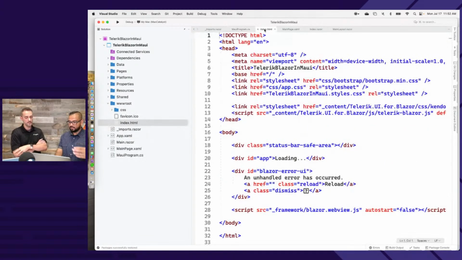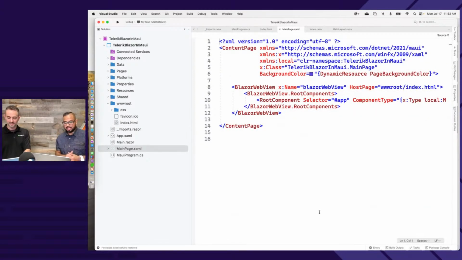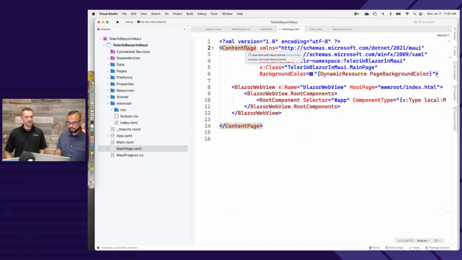In your index.html, in your Blazor application, this is the pretty standard stuff. You bring in some CSS, which is what is needed for styling our apps, and you bring in one JS file, which is needed for some of the JavaScript client-side interactions. Again, you don't have to use any of the JavaScript if you don't want, but that's about it. And then in my MainPage.xaml, which is a .NET MAUI construct, for folks like Ed who are young and they don't like XAML because it gets verbose, I get it. This is all the XAML that you ever have to see, right? It's a content page. It doesn't need to be a content page. It can be a tabbed page or like a detail and list type page.